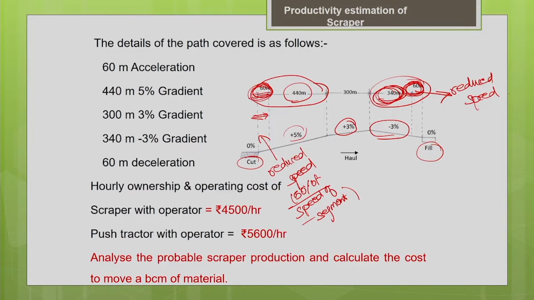So let me summarize what is given in this question. The initial 60 meter distance is for accelerating. Then 440 meter you have the 5% gradient. 300 meter you have 3% gradient. 340 meter it is your down slope, minus 3% gradient, and the last 60 meter is for reducing your speed, deceleration. So, the details about your haul route is given, distance as well as the gradient percent, and you know